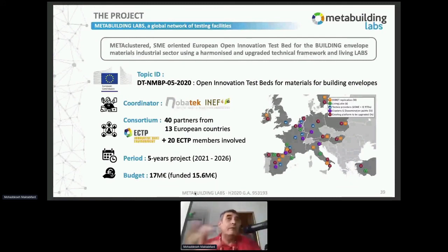So we have all the three projects answering the same call for open innovation testbeds. Some differences: we are sensibly bigger as a consortium than the other two OITBs. We have 40 partners, which is quite challenging to manage, but there's a reason for that. In fact, European countries,